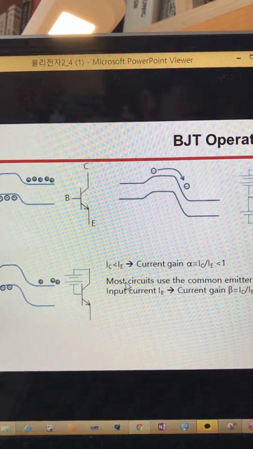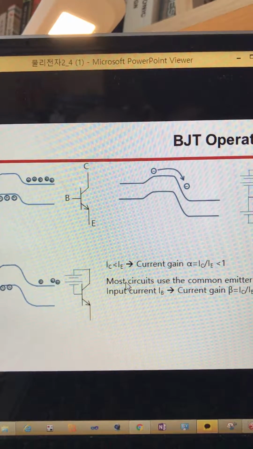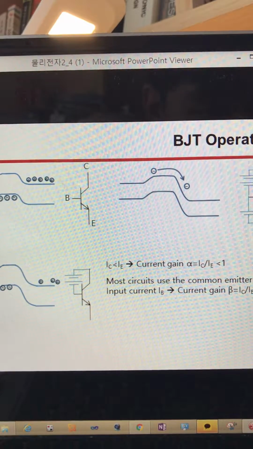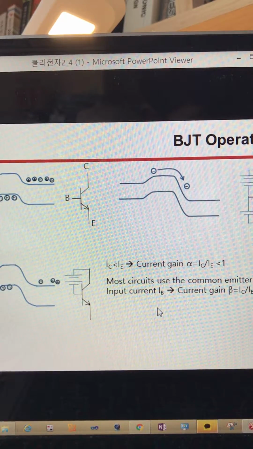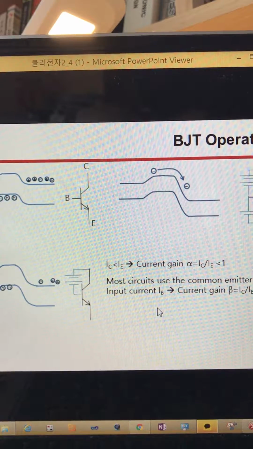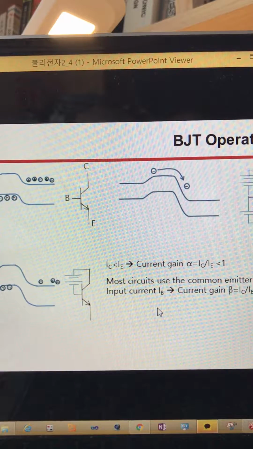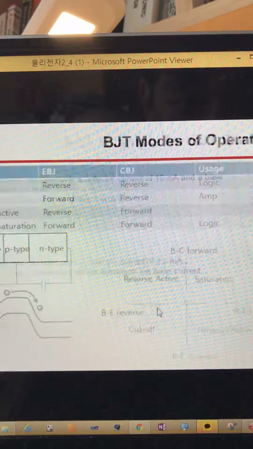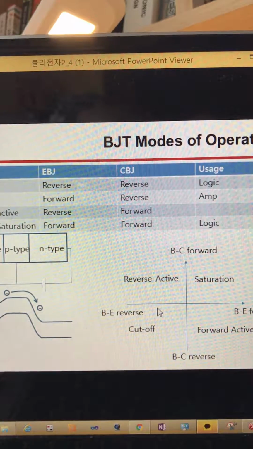Operation is based on NPN, where N has electrons and P has holes, depending on how the bias is applied. It decides whether electrons flow or not. When the barrier is lowered, the incoming carrier exponentially increases. BJT mode is divided into cutoff, active, reverse active, and saturation, depending on which bias is applied to